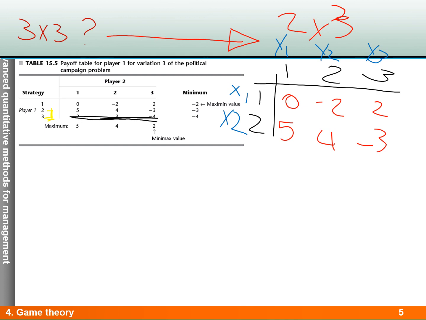I want to formulate this table first from the point of view of player 1. What should I do? Easily, player 1 says, I want to maximize